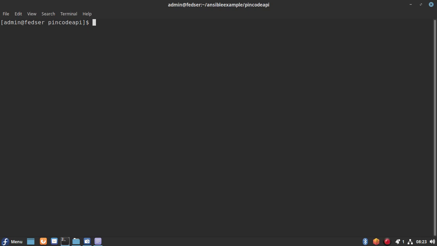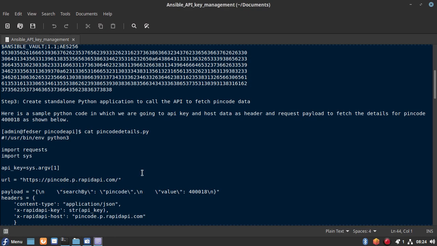You can try it out and use it in other types of applications also, like web applications or Java applications, and you should be able to do the encryption and decryption using this Ansible Vault and utilize the key.